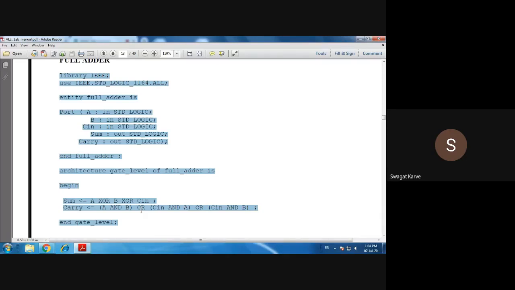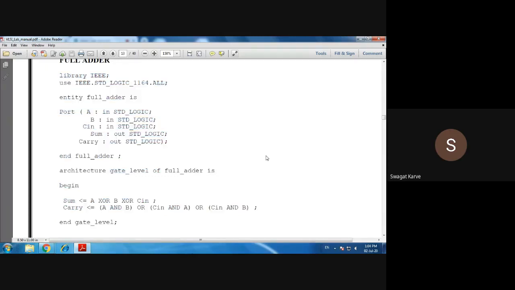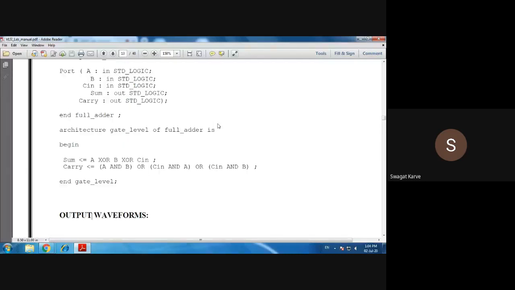In that I will explain how to write a VHDL program in that, and how to execute that. That means how to check its output. That I will explain later. Okay, first we will complete this theoretical part, then I will go to the practical explanation. Okay, so this is about the full adder.